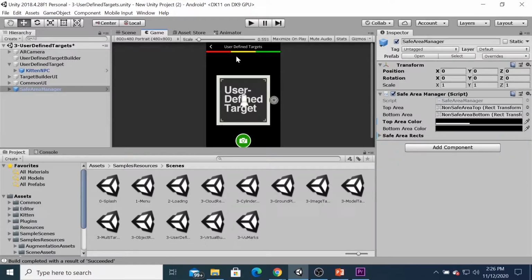So you can display the augmented 3D object when your camera can detect the yellow color and above, or a green color. If red color, it indicates a low quality to detect the ground plane. So here user defined target is one of the markerless augmented reality.